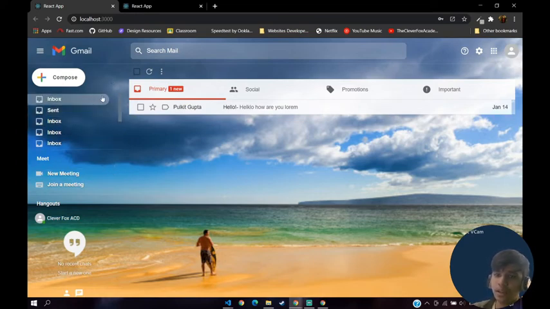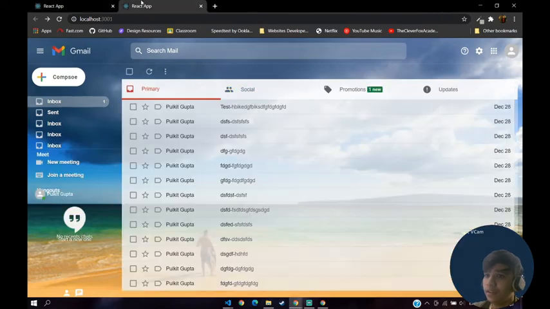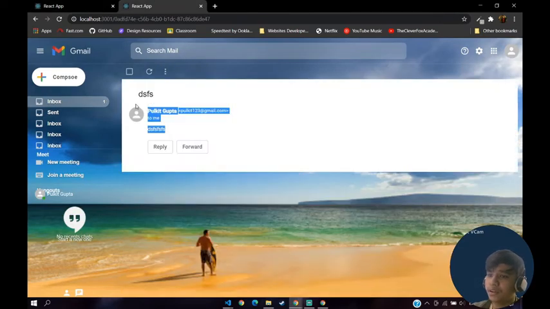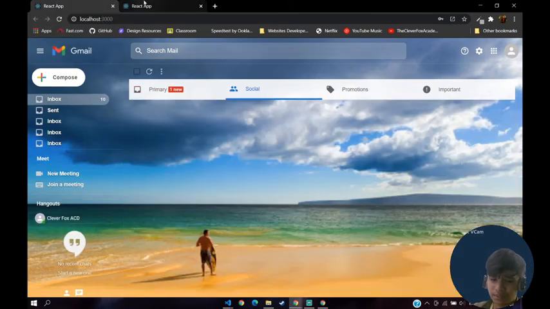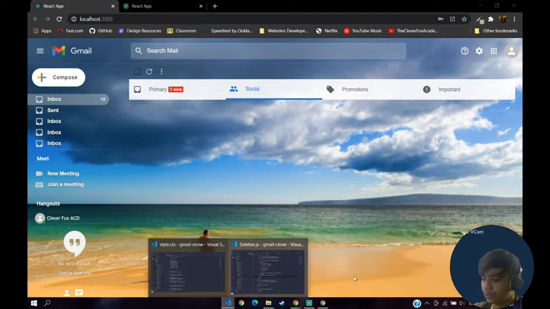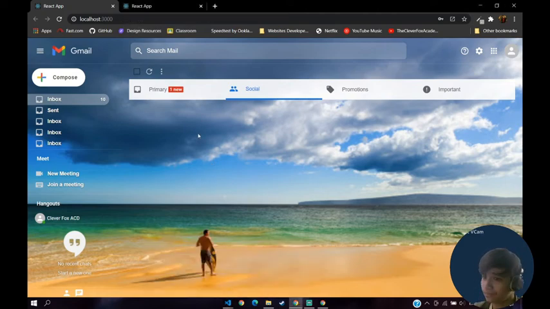Yeah, so here first of all we'll make the total a hundred, we'll show the total hundreds over here, and then we are going to display our mails. For example, if I click on this, I get to see this thing, right? So let's now work on that, and the rest of the things are pretty much working. So I'll close this, so this thing is simple, there's nothing to worry about.